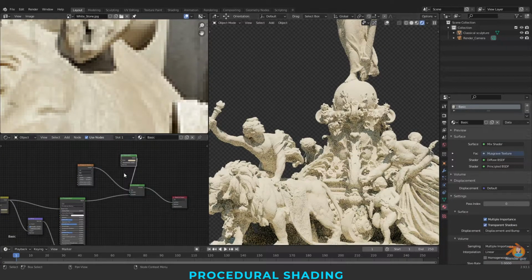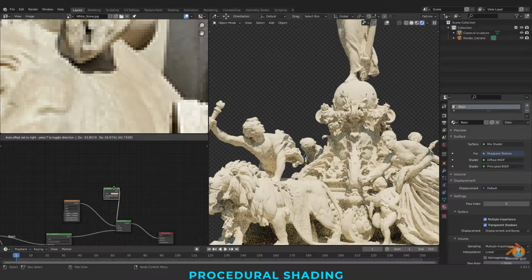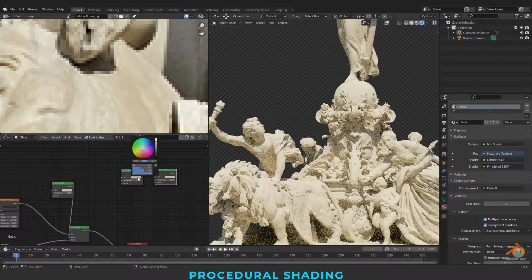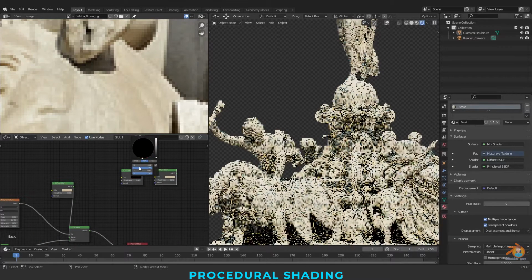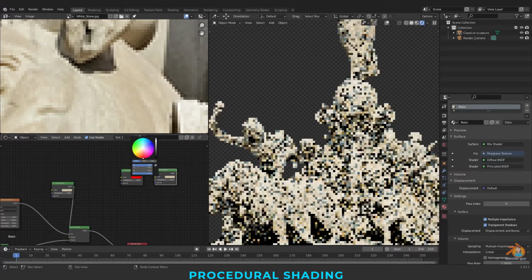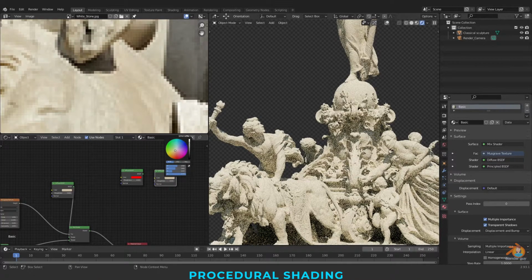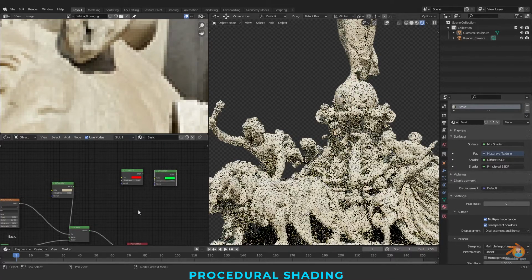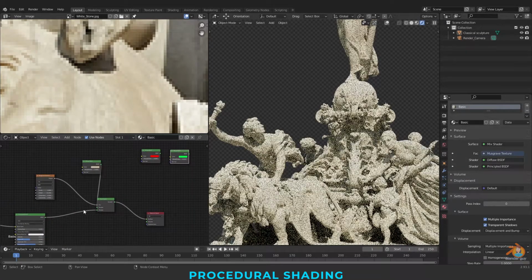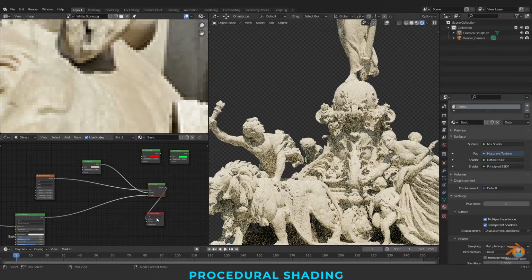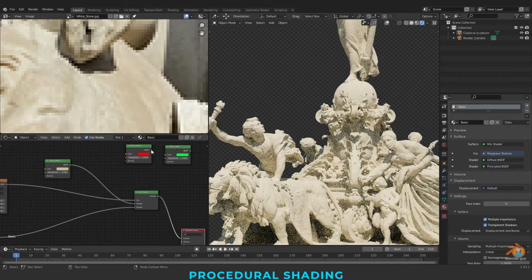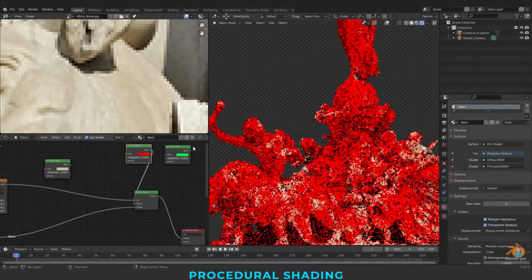To view how this is working, I have a tip for you. Just copy and paste this again, Control C and Control V. Make it red. This is my habit of checking how the nodes are working. I'll make this green. Instead of these two, first I'll be connecting these two to check how the pattern is actually working on the model.